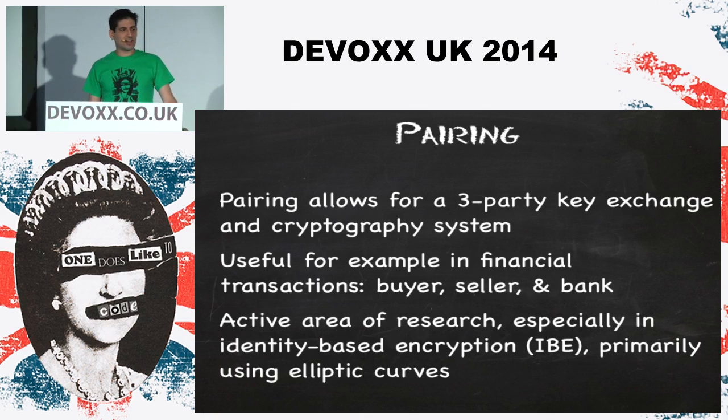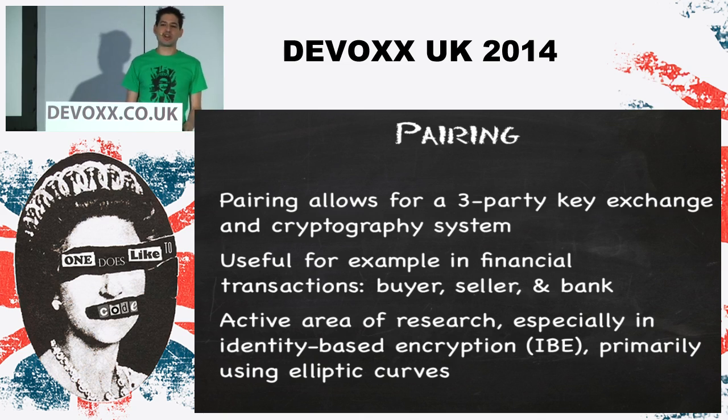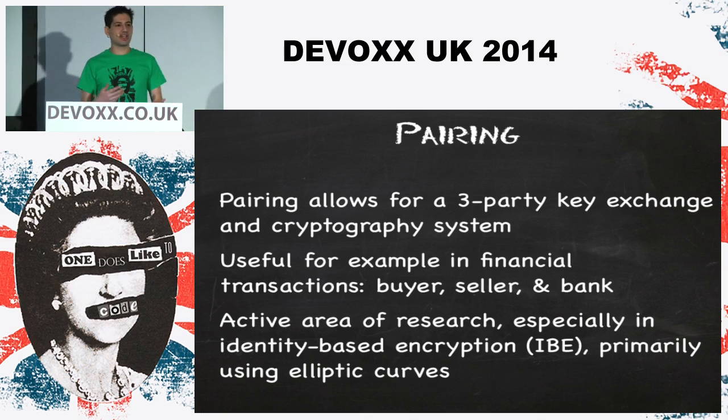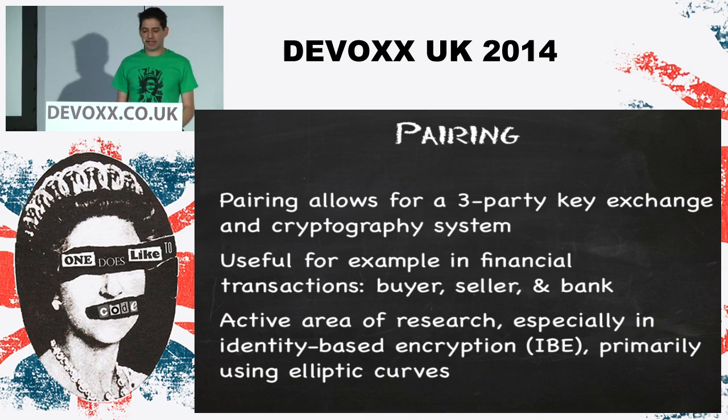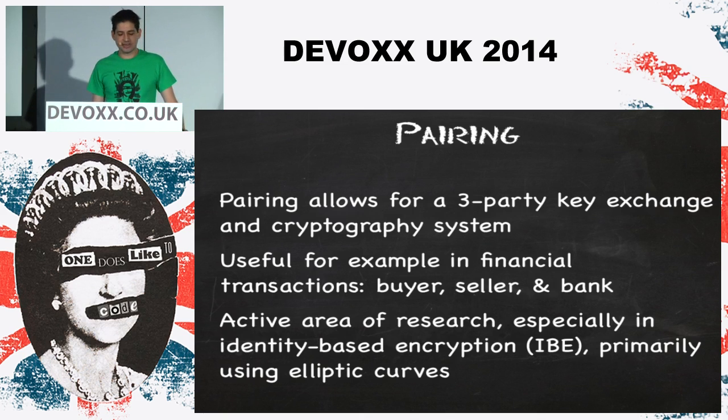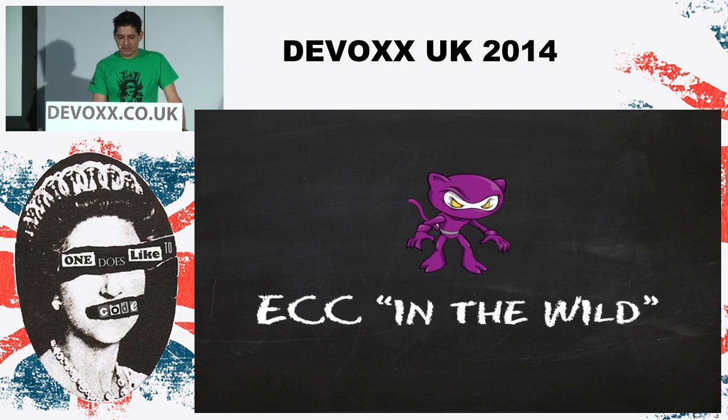Another interesting thing is that, unlike RSA, ECC allows the potential for three-party encryption. So, when you're doing a transaction between your bank and someone else, it allows you to set it up and leave it running, and then if you want to, you can invalidate just that trio binding without invalidating your entire private key. This is something that we're going to see a lot of activity on soon. There's a bit of mathematical complication to get out of the way, but that's what we're going to see soon for some of these more secure financial transactions.